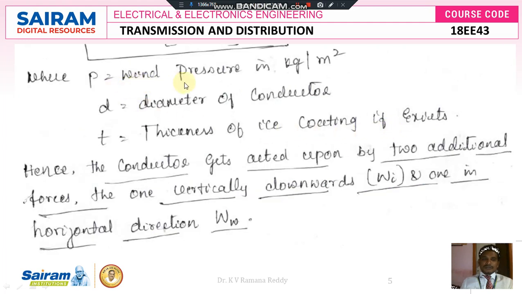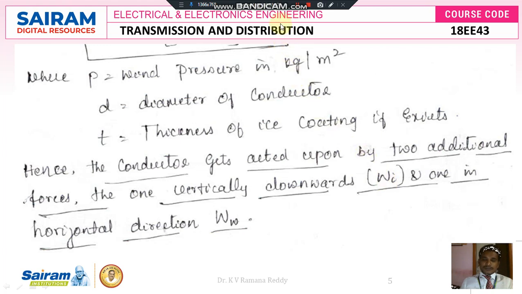Where P is wind pressure in kg per meter square, D is the diameter of the conductor, and small t is the thickness of ice coating if it exists, because ice does not exist in all climatic conditions. Ice exists only in a few climatic conditions. Hence the conductor gets acted upon by two additional forces. That means the overall force on the conductor comes from one source,